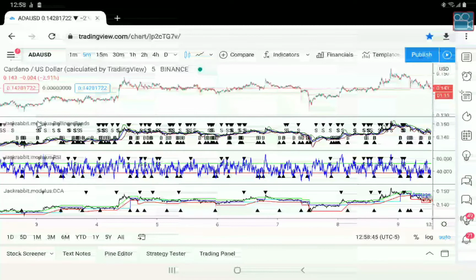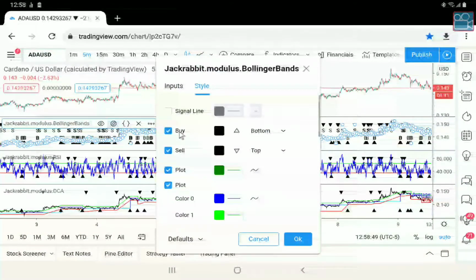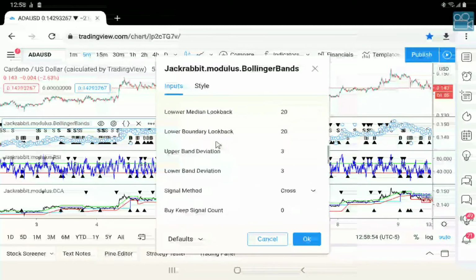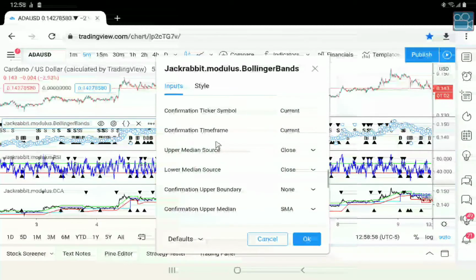So that is why all modules contain both a primary and a confirmation to help you get the best out of your subscription. So each module is, in essence, 2 indicators in one. You always use the primary. The confirmation is strictly when you need to,